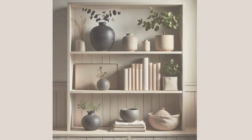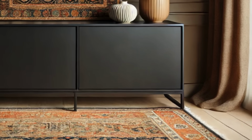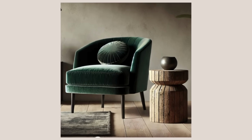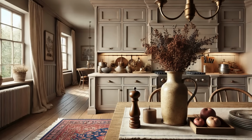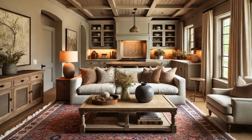In a modern cottage design, you might pair a very traditional sofa with a very modern lamp, or vice versa. An antique rug would provide wonderful warm contrast to a more modern console or credenza. Clean modern lines could contrast weathered wood, or a vintage painting might be paired with modern abstract art. The goal is to capture the charm of that quintessential cottage and pair it with the simplicity and clean lines